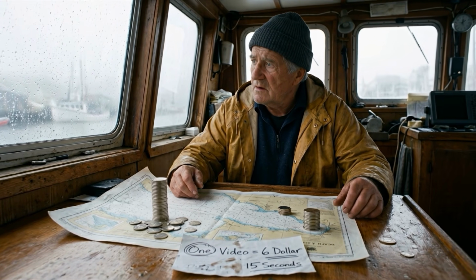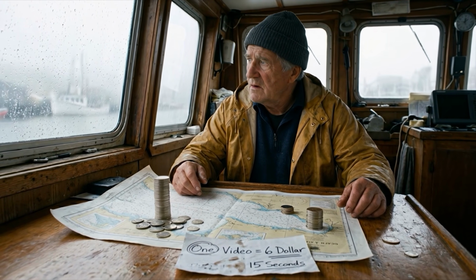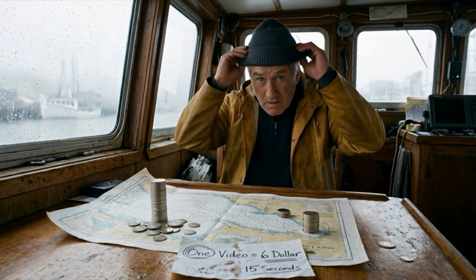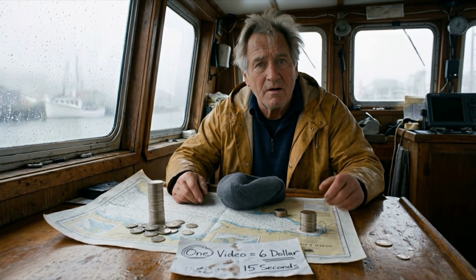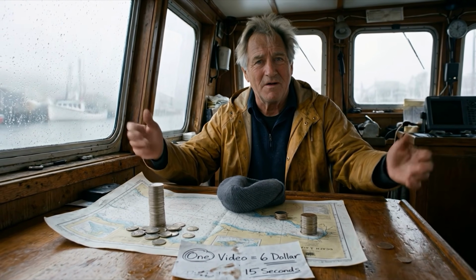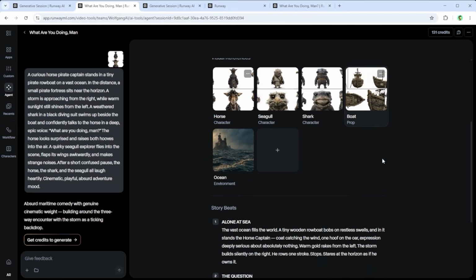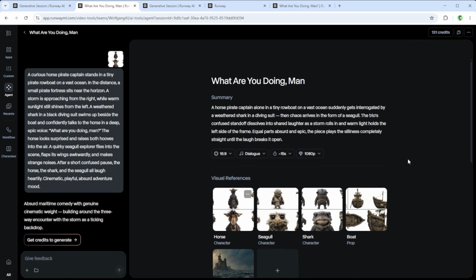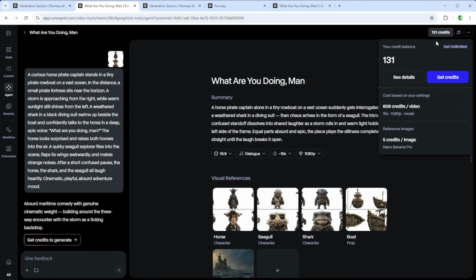Just as an example, if you buy credits manually, 1,000 credits cost $10. A 15-second film uses around 600 credits, so that's about $6, and it takes roughly 6 minutes to generate. A 30-second film uses almost 1,200 credits, so that's about $12, and it takes around 14 minutes until it's finished. To check how many credits your current setup will use, click the field in the top right where your remaining